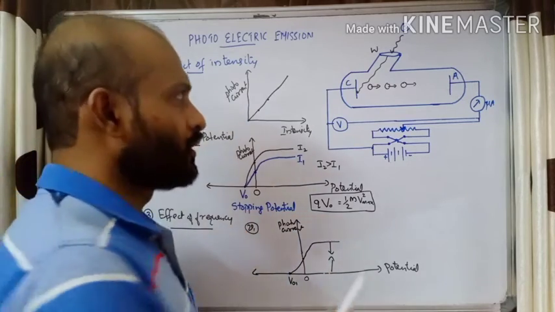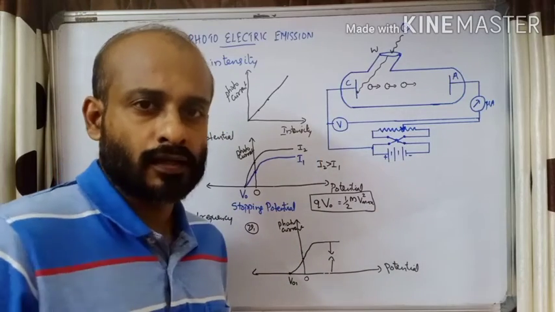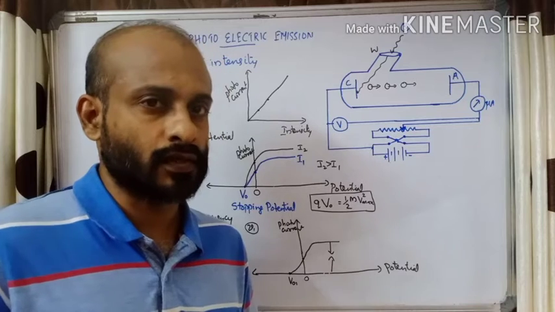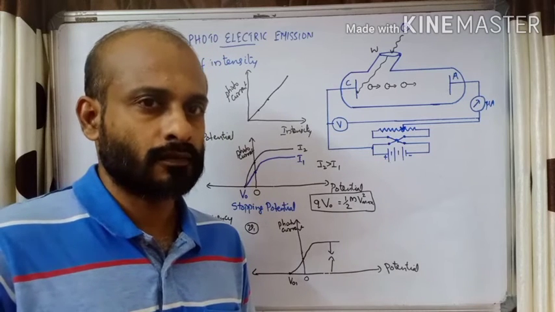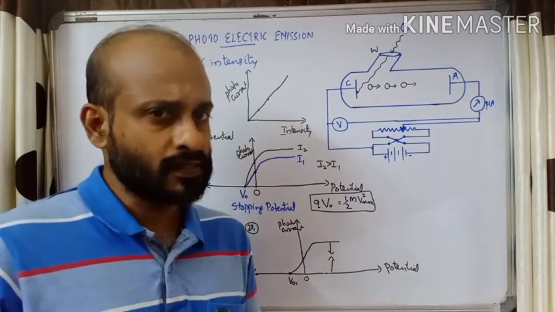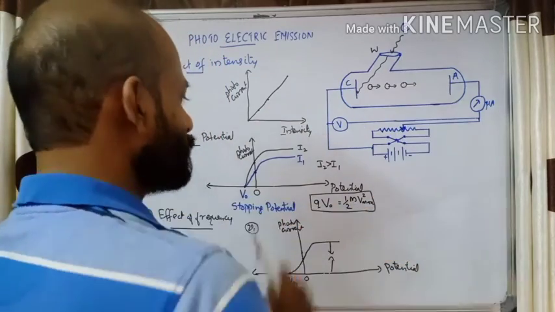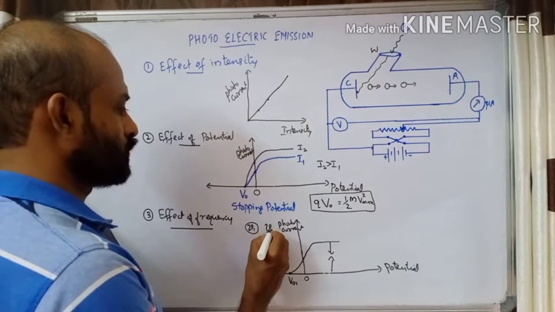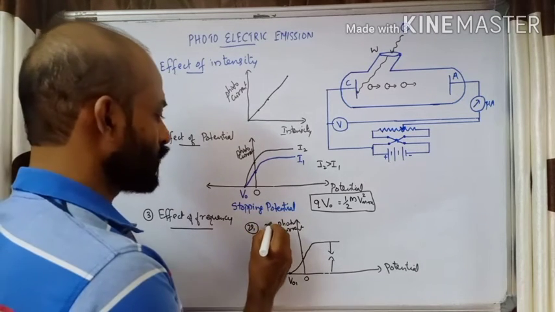Now what will we do? With the same intensity, for example 100 watt, we take another source of light, another color. So we need to change the frequency. Suppose we increase the frequency. We have another source of light having a larger frequency, same power, meaning same intensity. We place it here. So we are using another frequency, nu 2.